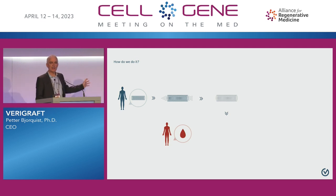But we need another process. We need a personalization process. And this is something that people have worked with for decades. So typically when we personalize tissues like this, we use a pure population of cells. You can, for example, take a syringe and take out bone marrow from your hip. You need to